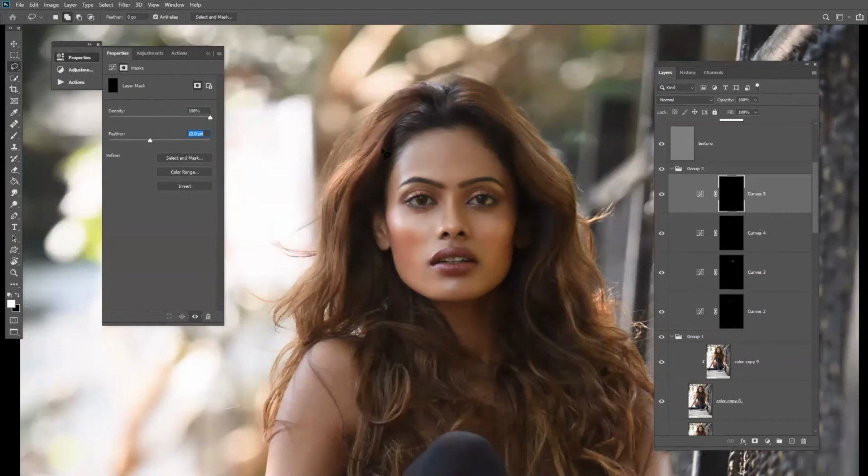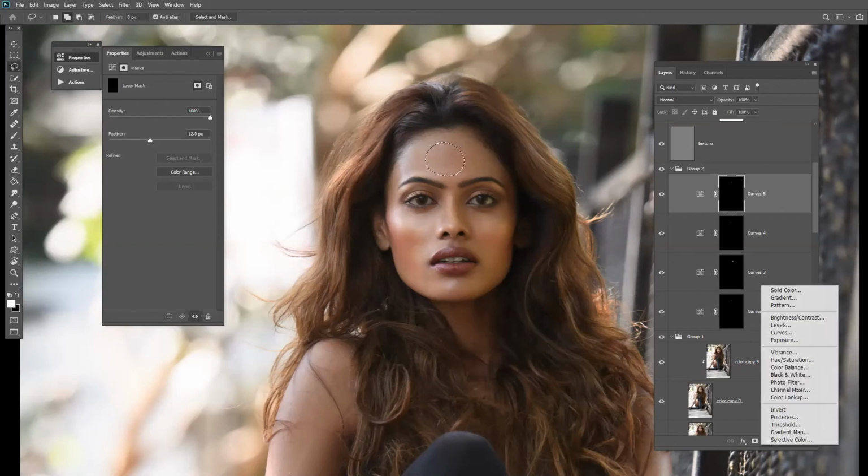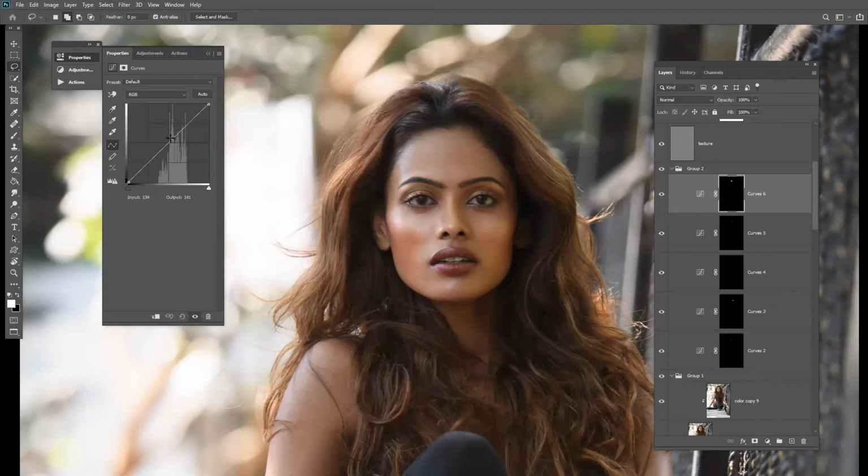Now let's go with the forehead a little. Put a good amount of feather on. Whenever you do feather, don't put as much, like 125. You can take increments like 15. If you have taken, you can do the 15 twice. So it won't feather too much, but it will give a soft edge. Let me dodge this, burn this area a little.